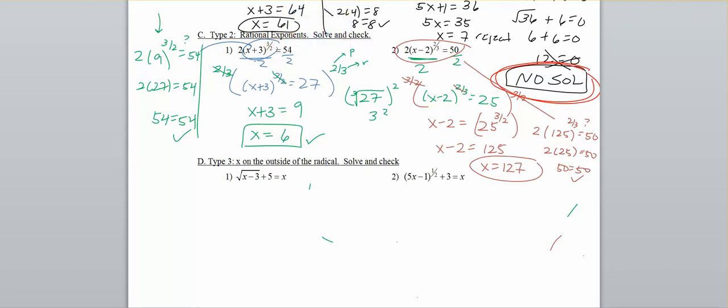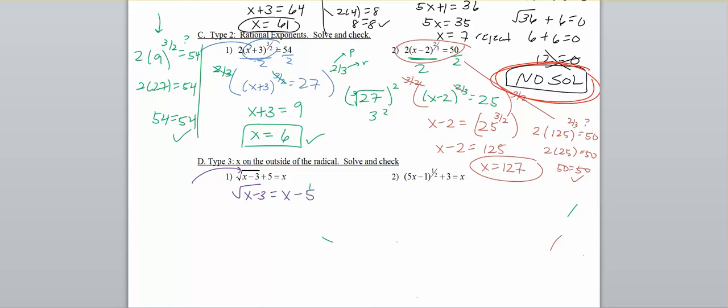All right, type 3 is where there's an x on the outside of the radical. We're going to solve and check these. If there's an x on the outside of the radical, I still want to start by isolating my radical. So I want to isolate this radical. So I'm going to say square root of x minus 3 is equal to, I'm going to subtract the 5